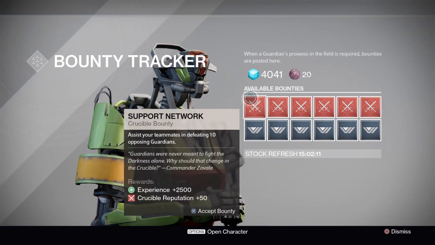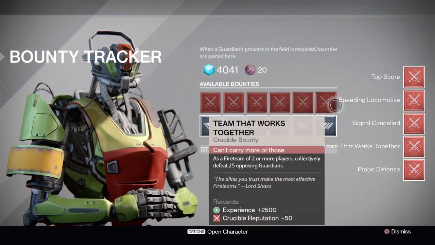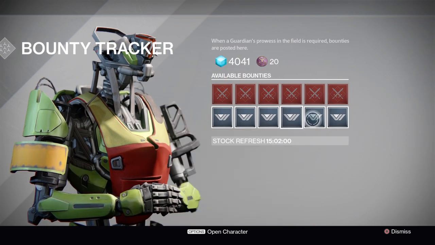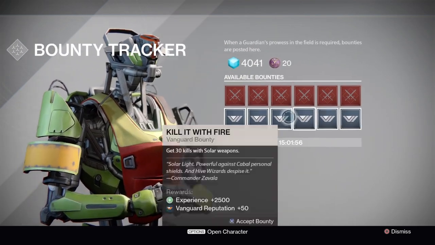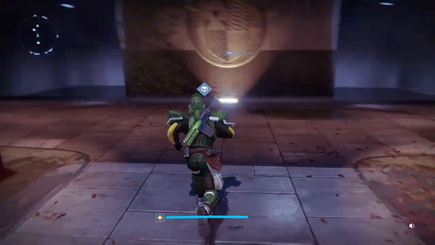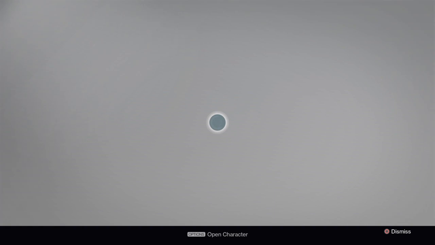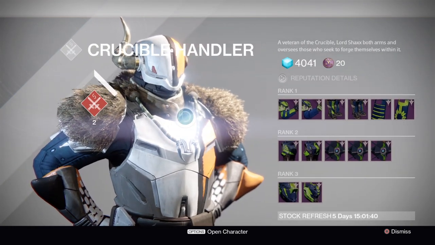This is the bounties. You collect bounties and you get experience and Vanguard reputation. These are for Crucible, and these are for single player co-op stuff. I use the Crucible bounties because if you come down here, you'll find the Crucible Vanguards and single player Vanguards. This guy right here sells Crucible armor that you can only get through Crucible Vanguard